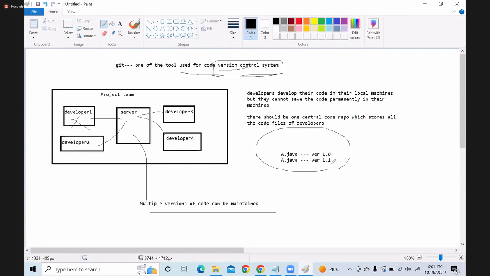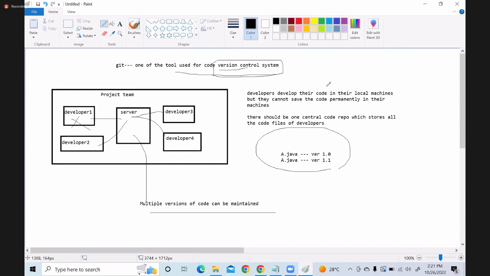So maintaining versions is the most important thing. This code version control system first stores the code for the entire project instead of storing it in the developer machines, and second, it maintains the versions for each code pushed to this server.